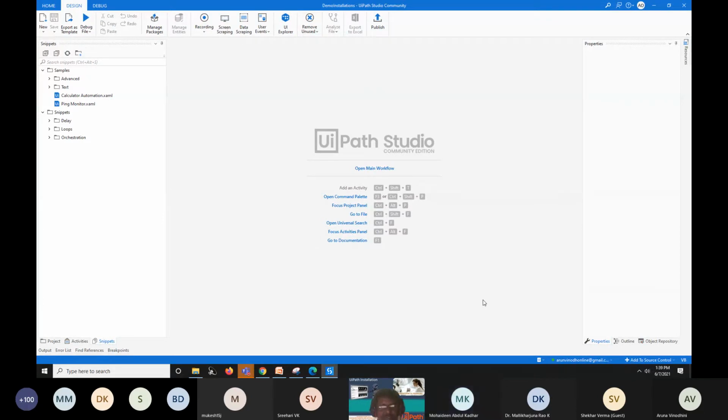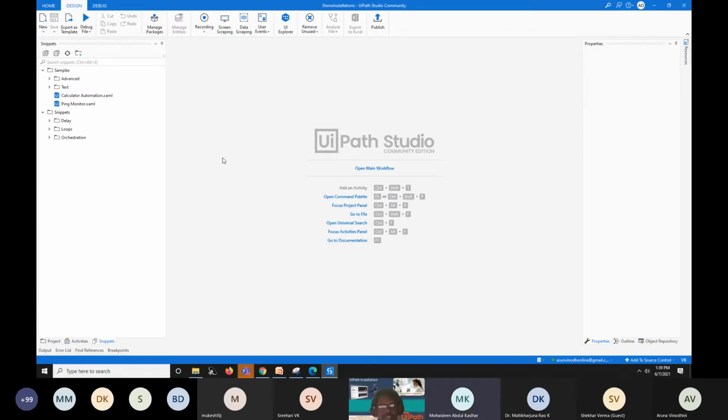These are the steps for installing UiPath, and if you have followed them properly, you will get a green color button, a small round one, along with the mail ID which you have registered. Fine. If that is done, excellent. You have successfully installed UiPath Studio, and it is connected properly with Orchestrator.